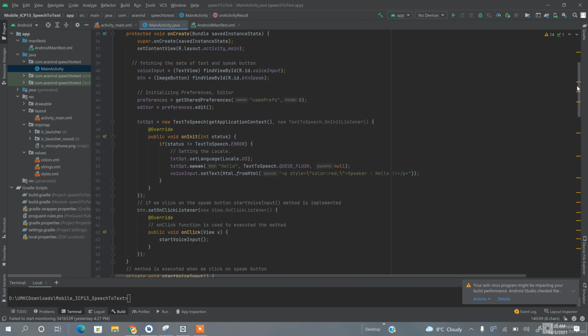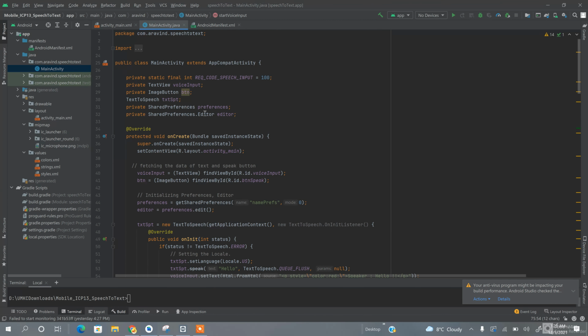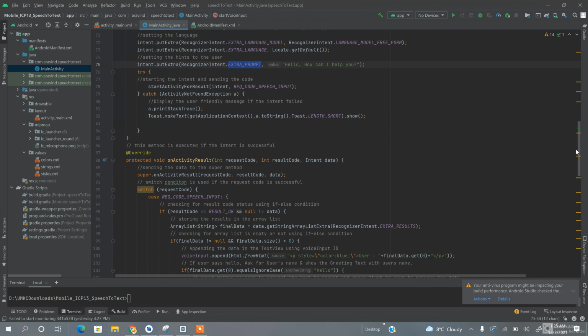Coming to the application, initially the intent is created for the recognition using action recognized intent, and the language is set, and for the prompt, a hint has been created. This particular method is going to be executed initially after the intent has been created,